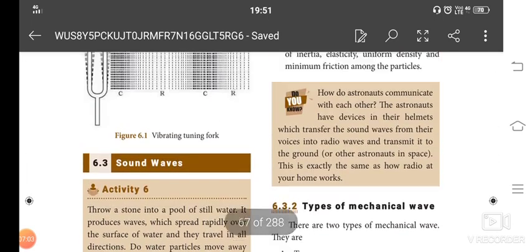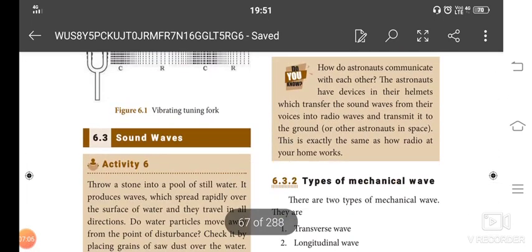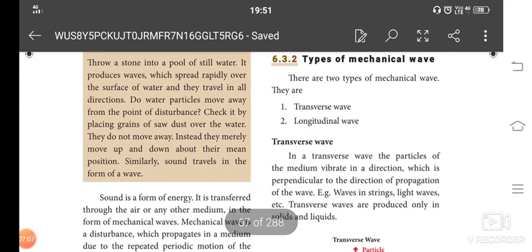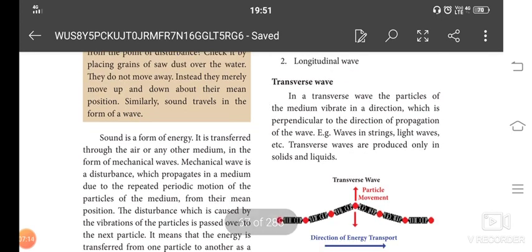And then we have two types of wave motions: transverse waves and longitudinal waves. Transverse means it's vertical. Longitudinal waves means it's horizontal. In the transverse waves, see how the waves are moving. They move perpendicular to the direction of flow. Examples are waves in strings and light waves. Transverse waves occur in the string instruments we are using.